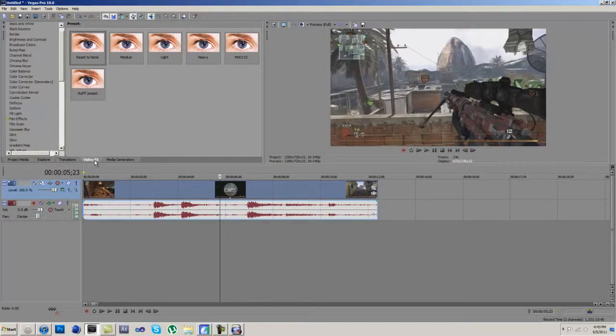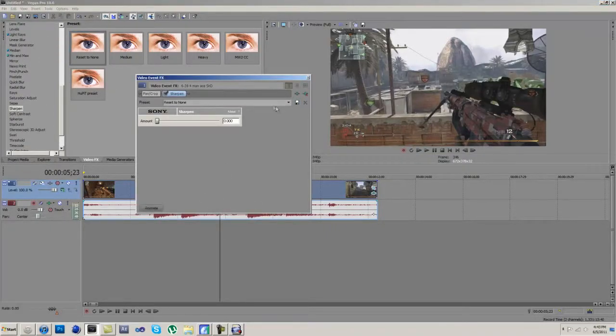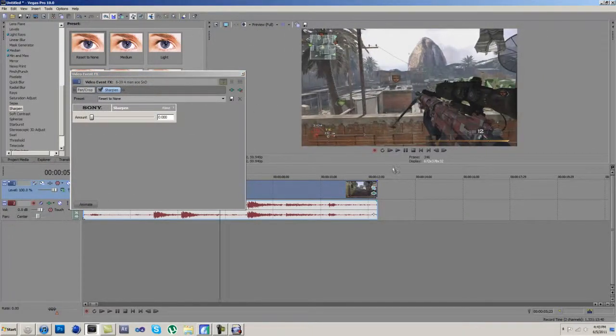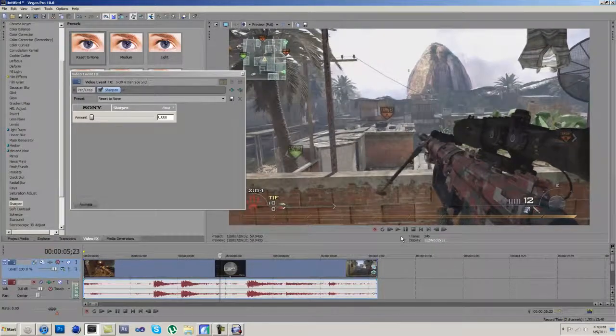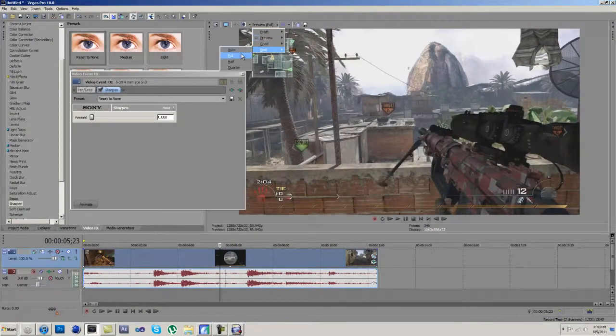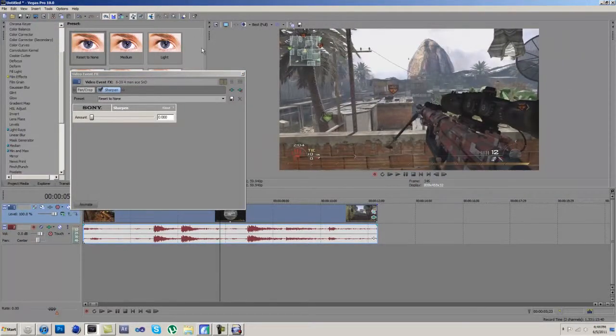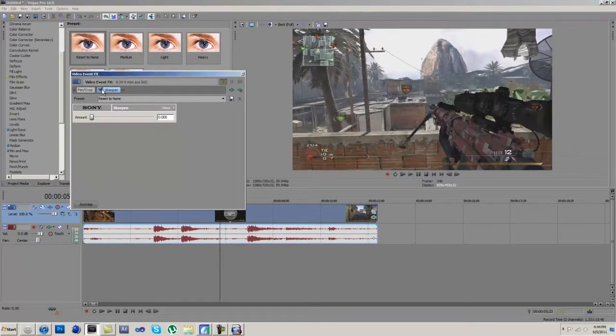what I do is I go to video effects, and then I go to sharpen, and then just click reset to none. And hold on, I don't know if you can see this, but let's go to best full. I don't know if you can see it much, but it actually does help the video quality a little bit. If you look right here, you can see a slight difference in the sharpening, so it does give it a little bit more detail, you know. And just drag and sharpen, and then don't do anything to it, and that should be good